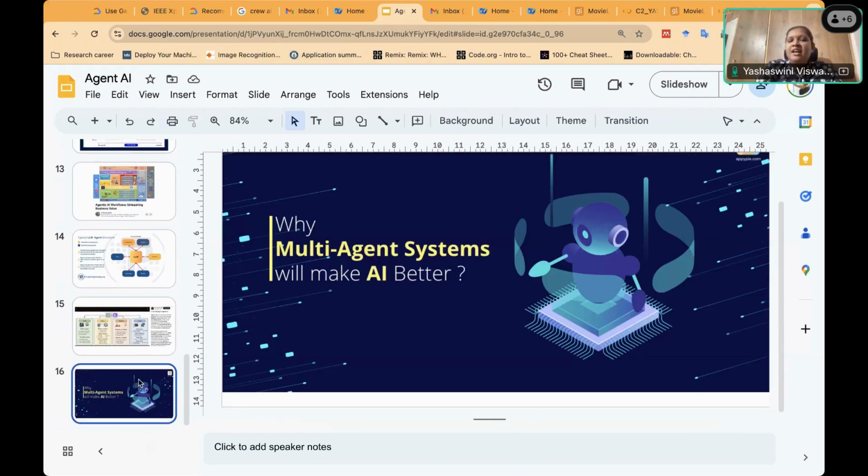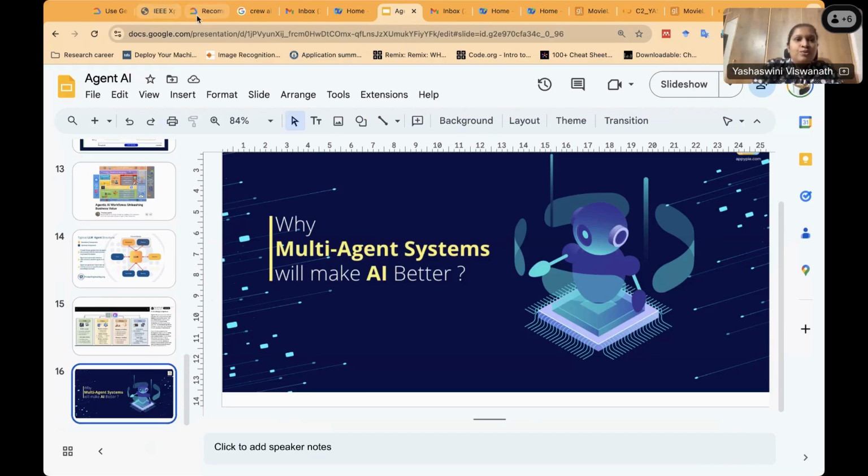Then we have multi-agent systems where multiple agents come together to do tasks. Within these, we have something called mixture of agents. And the last bit that I want to leave you with is meta agents, that is agents writing agents.